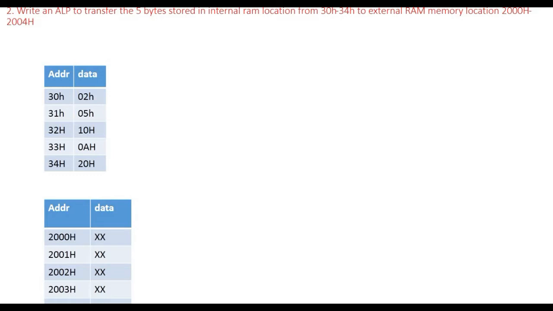Okay, see all the data transfer program steps are the same, only we have to see where the data is being accessed. So the first point is we need to initialize the pointer, that is MOV R0, #30H, and next we need to initialize the destination pointer.